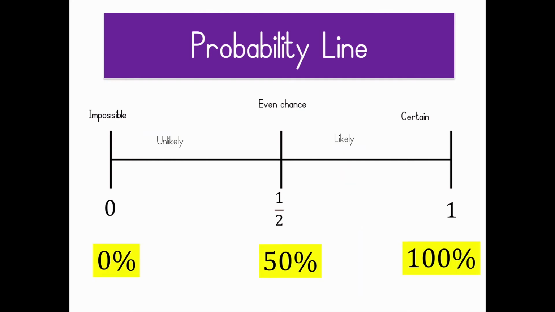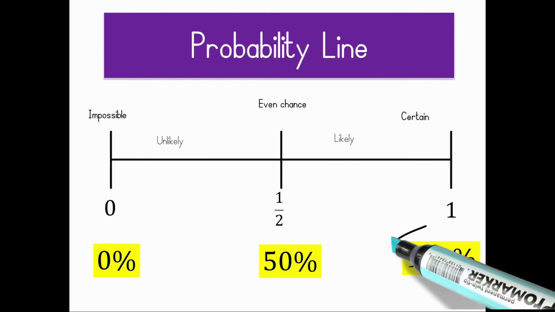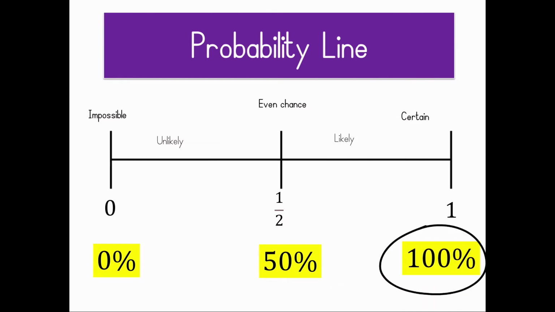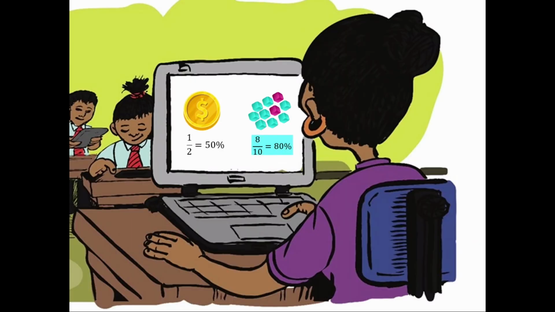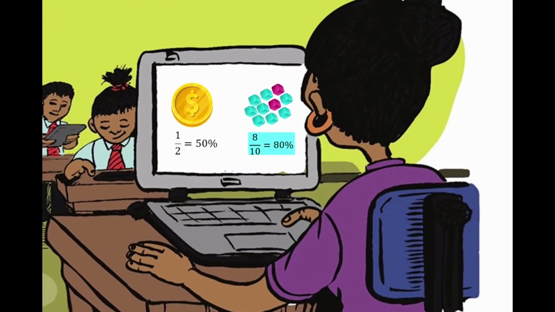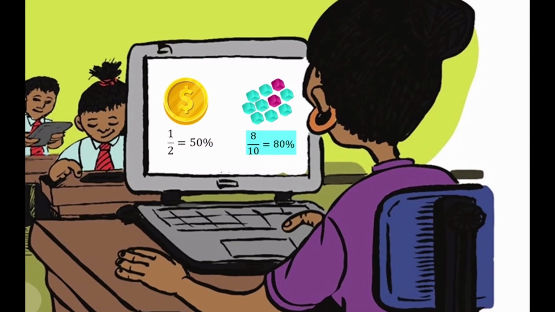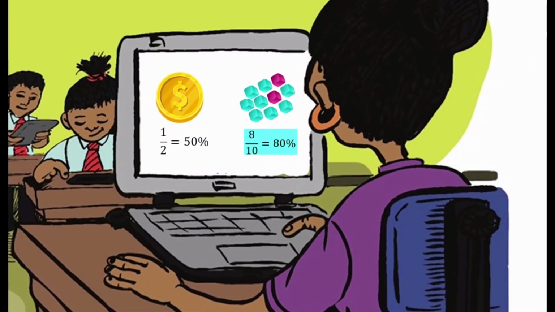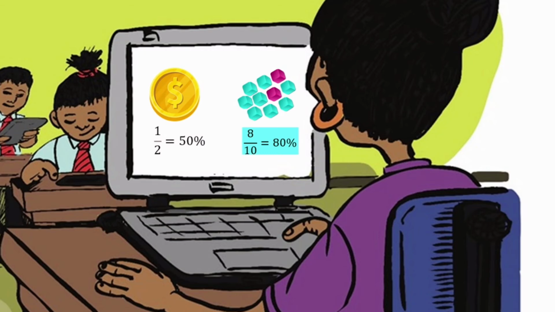Once children understand how a probability line works, you can explain that we can calculate the probability of something happening as a fraction or a percentage. There is 0% chance of pigs being able to fly. There is a 50% chance of a coin landing on tails when tossed, and there is a 100% chance of 3 plus 3 equaling 6. You are not required to teach probability calculations according to the revised annual teaching plan, but if there is time, you could do this as a way to help learners revise their knowledge about fractions and percentages.